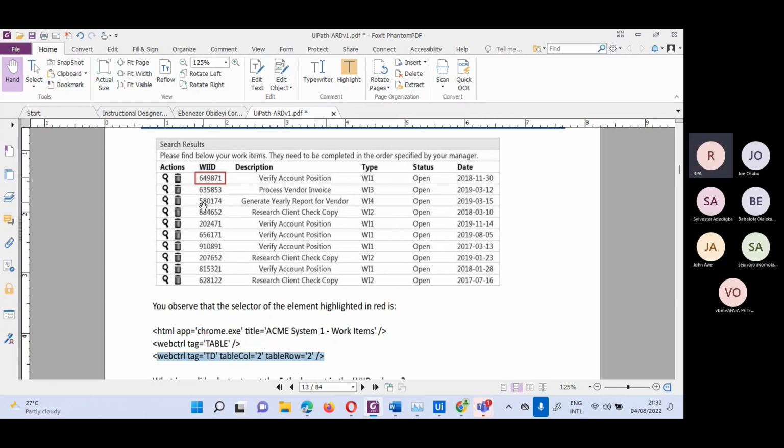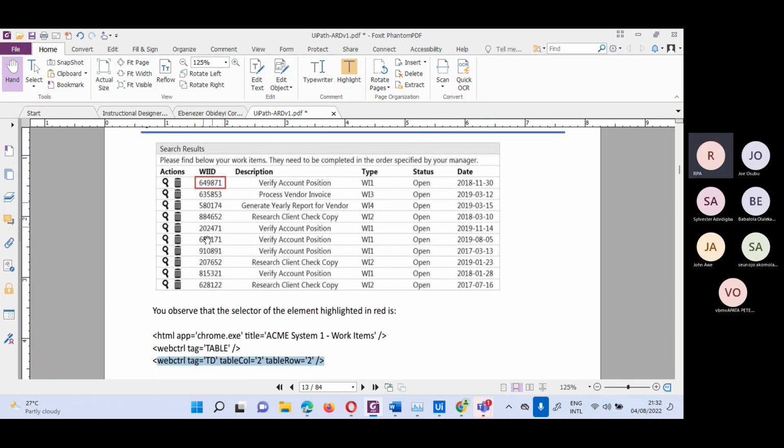So now for us to get this one, it has to be 0, 1, 2, 3, 4, 5, 6. So that will be row 6, table row 6,